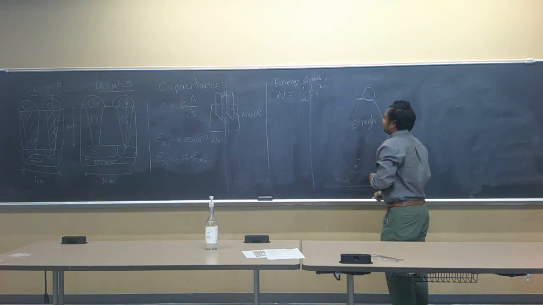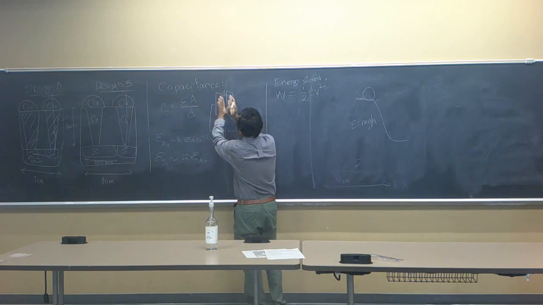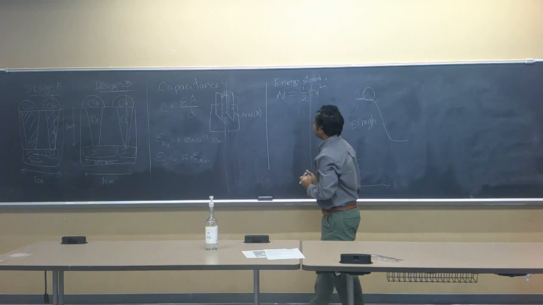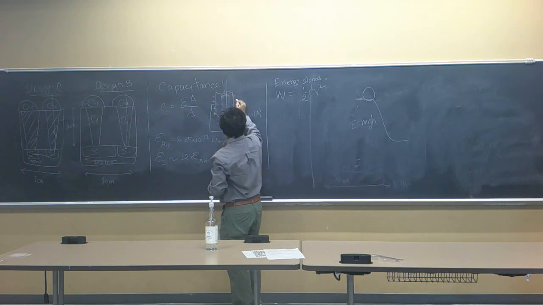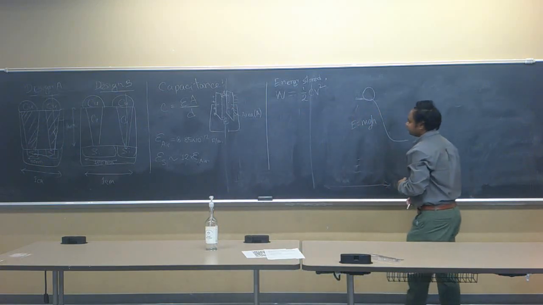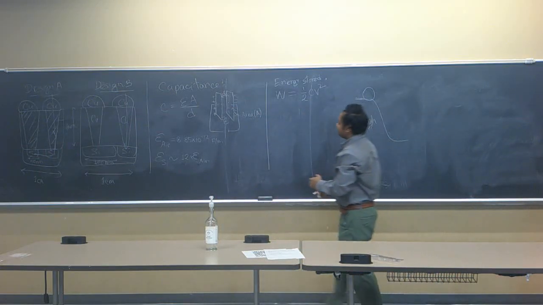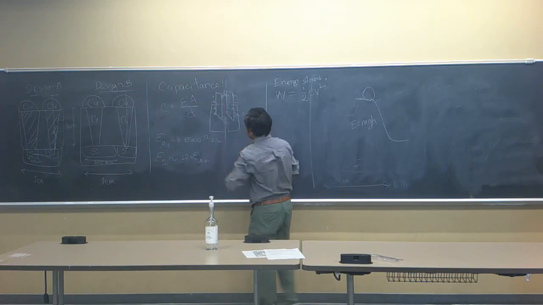So let us say that our capacitor plates are not fixed. They can move around a little bit. So if I bring some charges, let's say this is positive charge and the other plate is negative charge. In this condition, how are these plates going to move around? Are they going to come closer to each other, or are they going to go further away from each other?